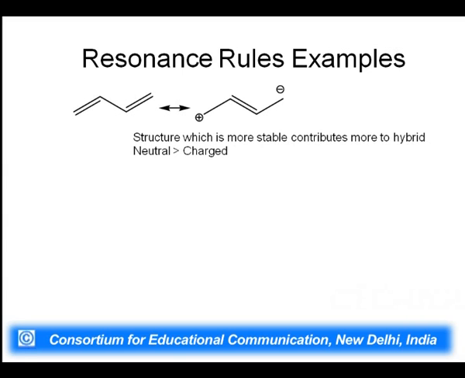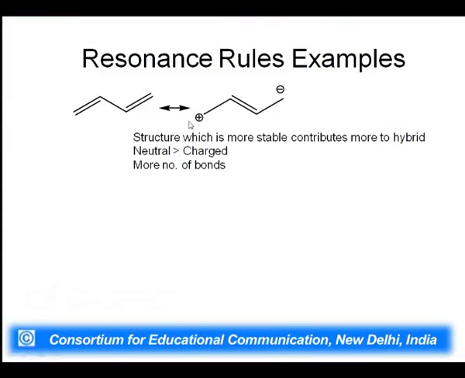than the charged one. So, this one which is having the double bond as such, the pi cloud, is more stable than the charged structures, the plus and the minus ones. So, the non-polar or bonded structure is more stable. Secondly, why is it stable? Because you can see more number of bonds in the number 1 structure and fewer bonds in the charged structure. So, the structure with more bonds will be more stable, and out of the two structures,